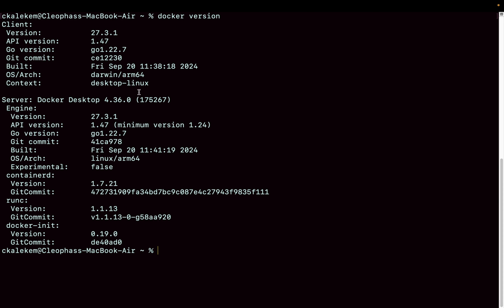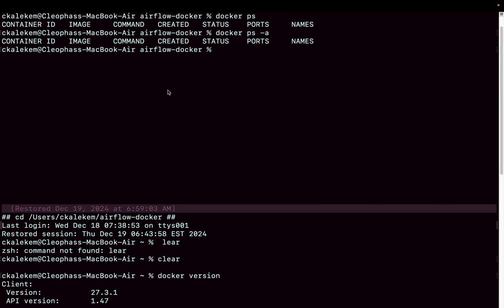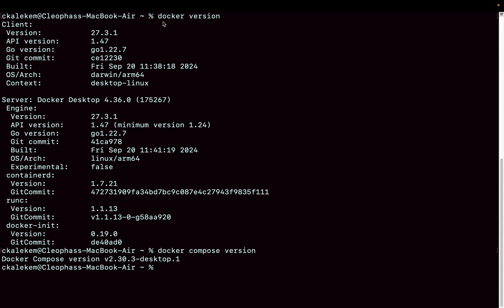Okay, the other thing that we will be needing in this video to make our life easier when deploying Airflow on Docker is docker compose. So just type docker compose and then version. Okay, so for me, as you can see, I do have docker compose version 2 installed on my environment, as well as docker command. Okay, so you do need these two